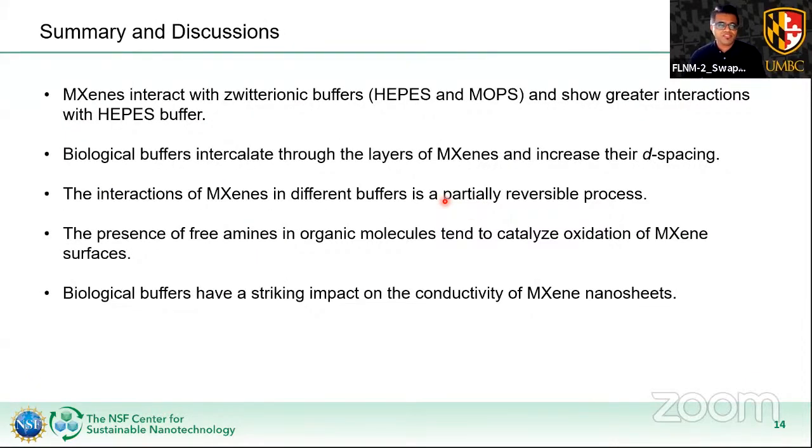Well, to summarize my talk, maxines interact with both these zwitterionic buffers, HEPES and MOPS. However, we see greater interactions with the HEPES buffer. Primarily, what these buffers do is they tend to intercalate through the layers of maxines. Then these interactions are partially reversible, and we're trying to investigate